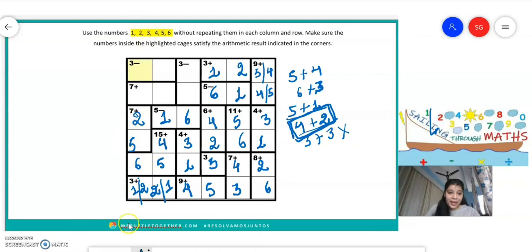Now see, in this first column, I can easily see that the number 2 is already here. So the number which is going to come here in this block is going to be equal to 1. So if 1 is going to come here, 2 is automatically going to come here. So let me correct that. If 1 is coming here, then the number which is going to come here is going to be equal to 2.